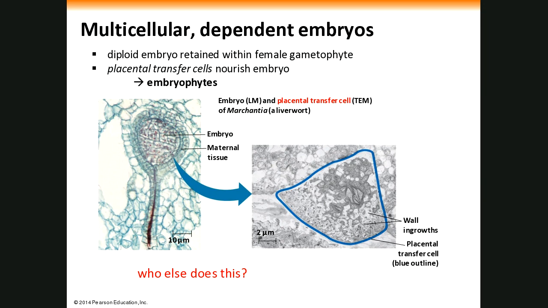These are called embryophytes, these kinds of plants that do this. Now, not all plants do this, but as we go through talking about the plants, we are going to see more and more emphasis on doing this. More and more emphasis on protecting that embryo. It's kind of neat, though. Like I said, in animals, we see something similar, too. When we get to the animals, we're going to go through a similar kind of progression, from producing lots of offspring to making a few and taking care of them. That's why I ask, who else does this, right? Animals do it.